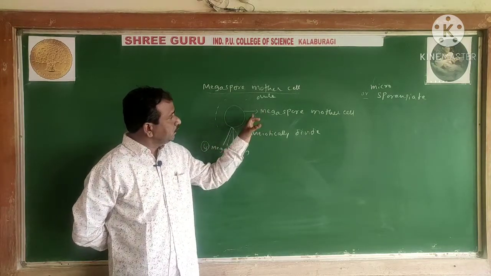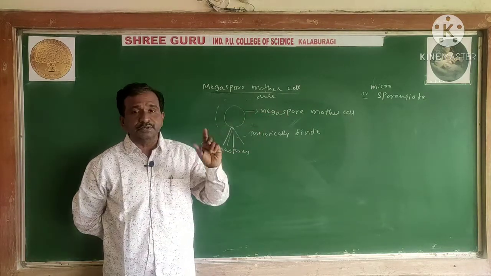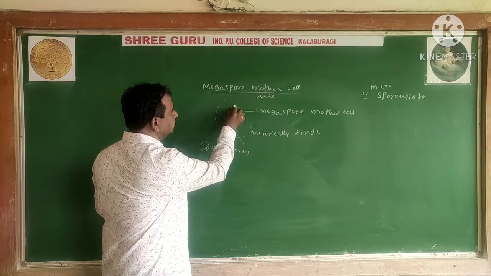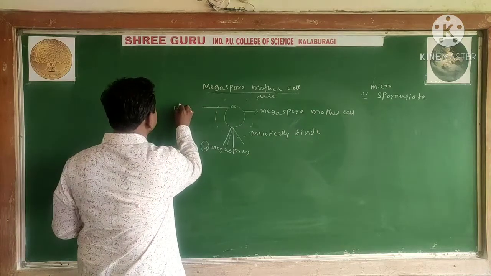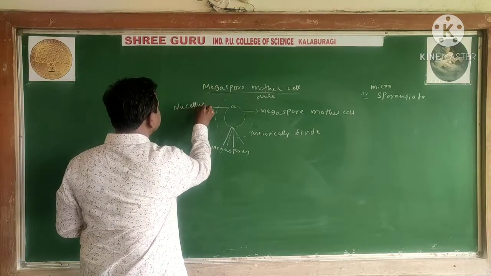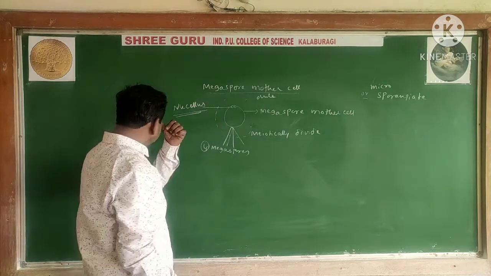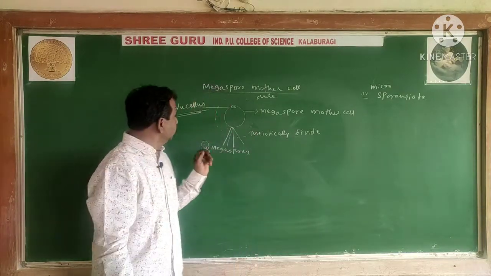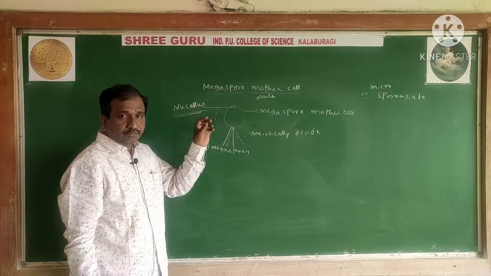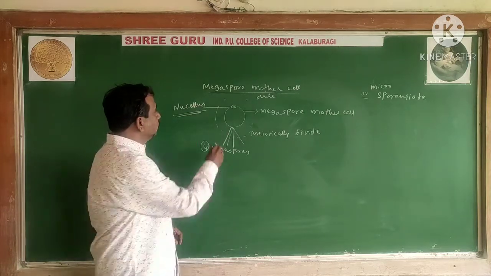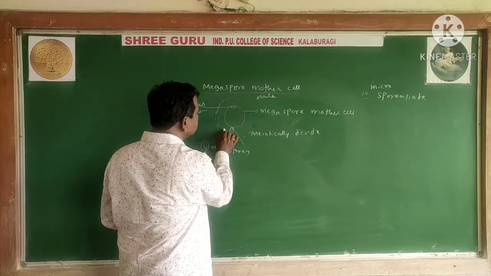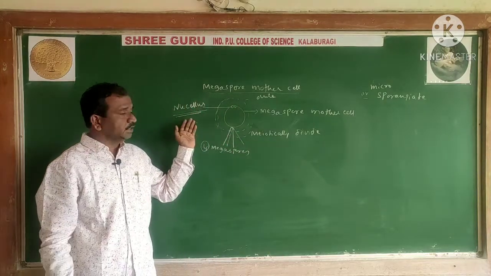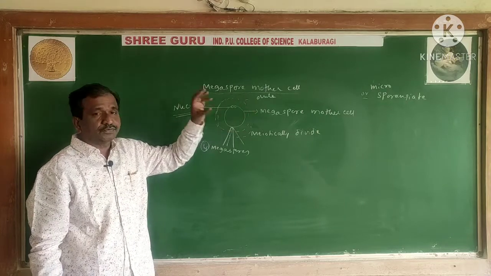So each ovule is normally made up of the megaspore mother cell. The megaspore mother cells may consist of the nucellus. This nucellus is the one which is responsible for giving nutrition to the embryo. Nucellus is responsible for giving nutrition to the embryo. The ovules are normally giving protection to the nucellus. All of these come in the embryo sac structure.